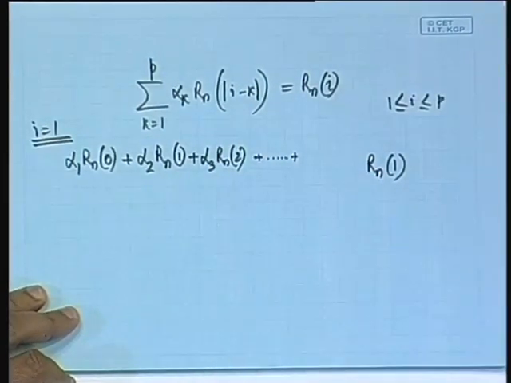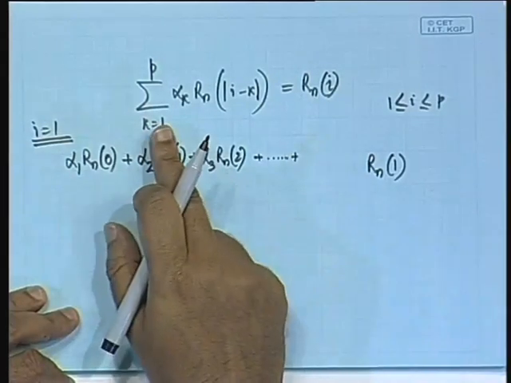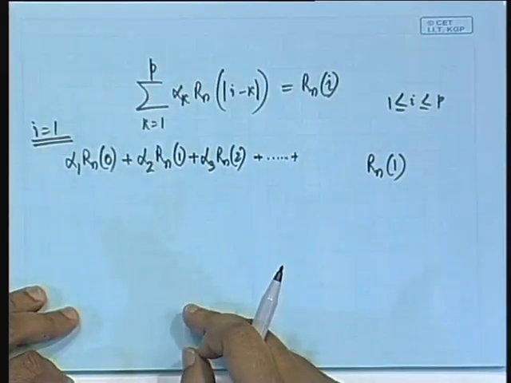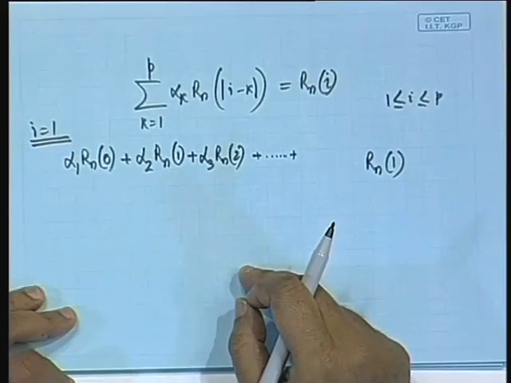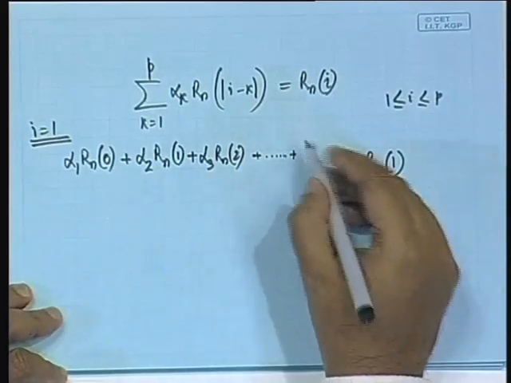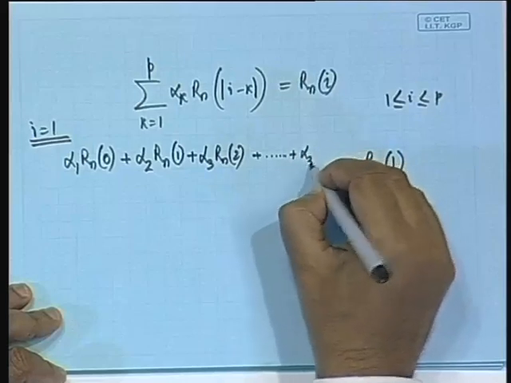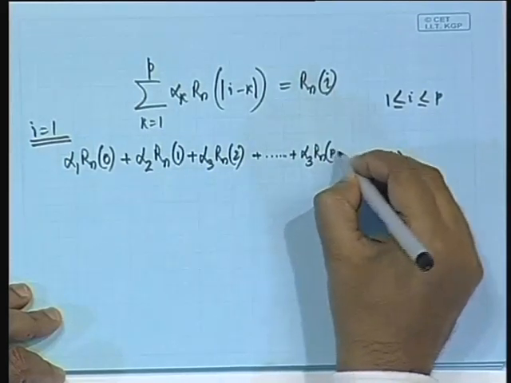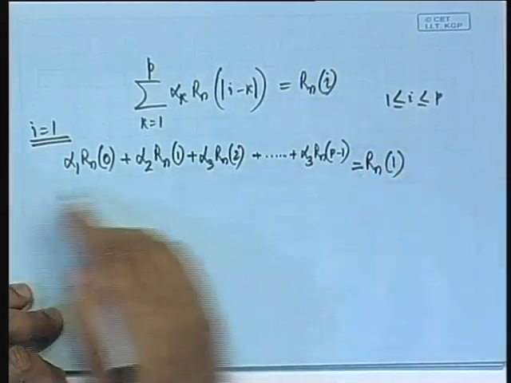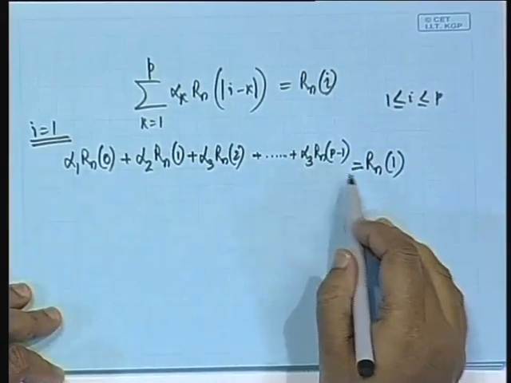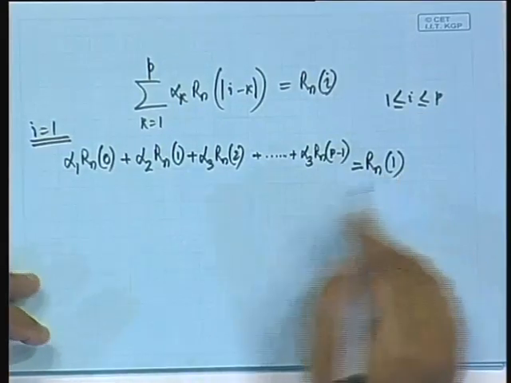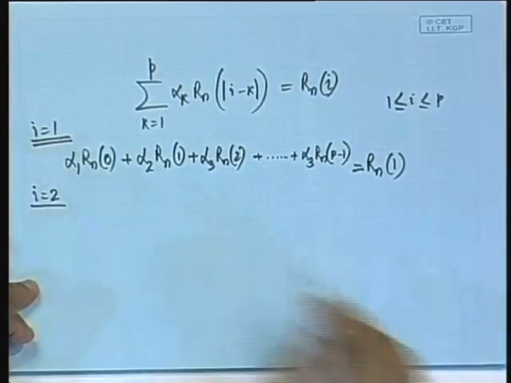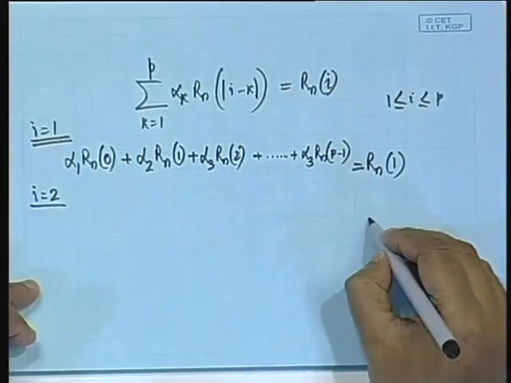And if you want me to write down the last term, it is going to be for k is equal to p, and I is still 1. So it is 1 minus mod of 1 minus p, which is nothing but p minus 1. So I can say that alpha p Rn p minus 1. So this whole summation series is going to be equated to Rn 1, right. Now we make I is equal to 2. So we compute Rn 2,